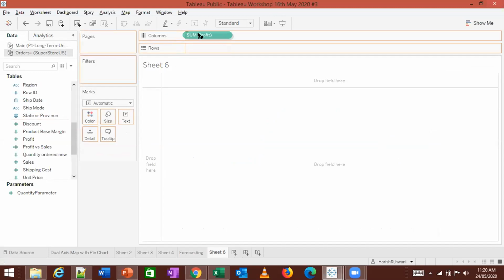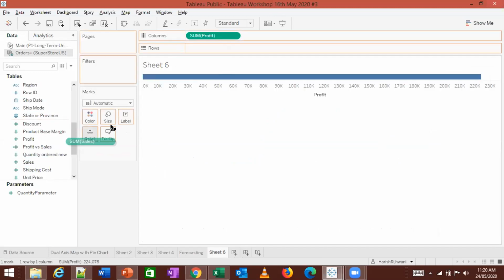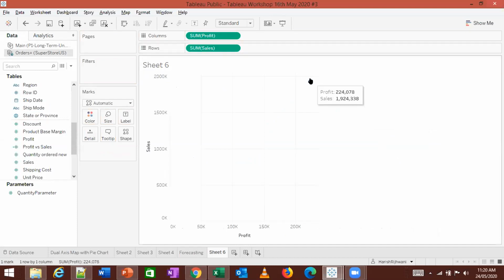I take profit on one side, sales on the other, and I get a particular dot like this. I'm using that Superstore US file, and I'm going to show you how to draw a trend line. So we want to draw a scatter plot. In order to draw a scatter plot, we need data for two variables.